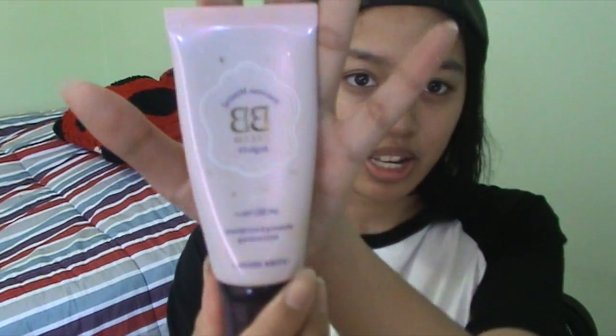So I'll also be comparing the Perfect Fit to the Precious Mineral Bright Fit, which looks like this. And I know I have reviewed this separately, but I did want to compare these two because Etude House has quite a few BB creams from their Precious Mineral range. I believe they still have their Bright Fit, which is one of the originals, and then they have the Blooming Fit, the Cotton Fit, and then the Perfect Fit. So the Perfect Fit is the latest one that just came out this summer, this summer for Korea,